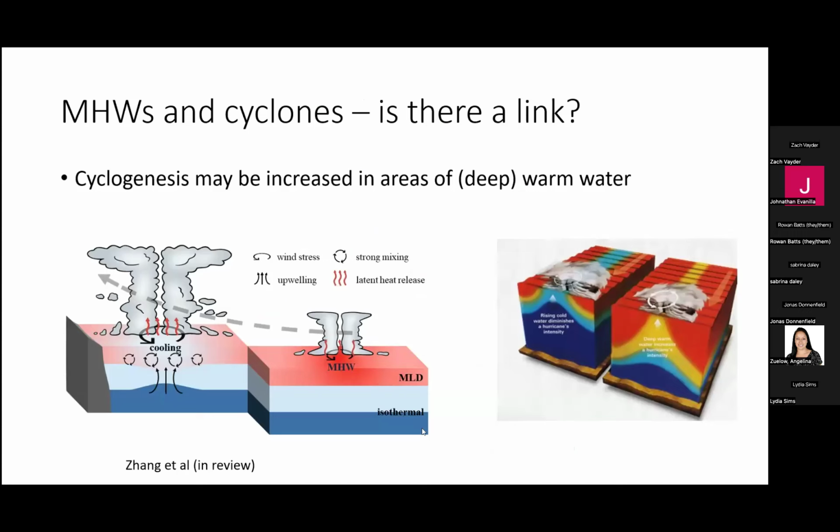More recently, we've also shown that there might be a link between marine heat waves and cyclones. And so that's a very dramatic way of showing that understanding the ocean dynamics will have a very big impact on human well-being and even lives. For example, a marine heat wave will supply energy to the atmosphere that can supercharge a hurricane or a cyclone. Similarly, if there's lots of mixing, the ocean can actually interrupt the formation of a cyclone or a hurricane. And so if you've got areas where you've got a marine heat wave in very deep warm water, you may actually increase the intensity of cyclones.